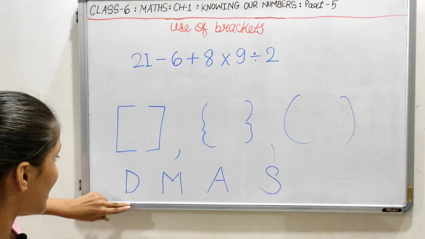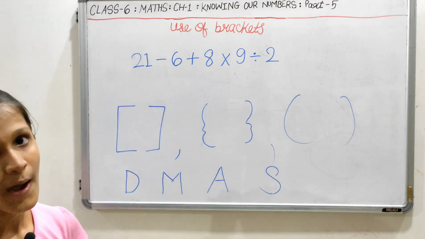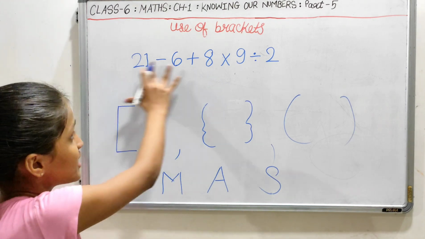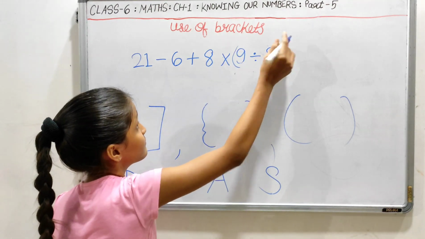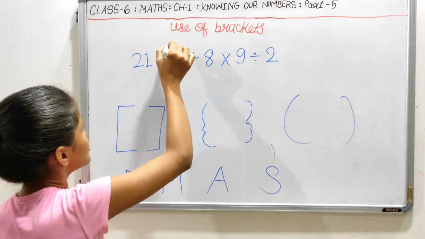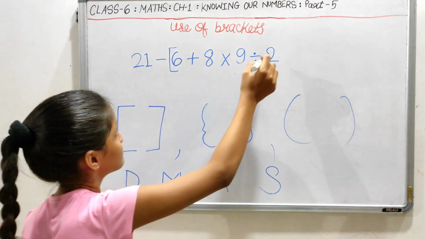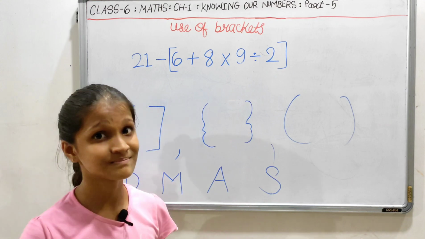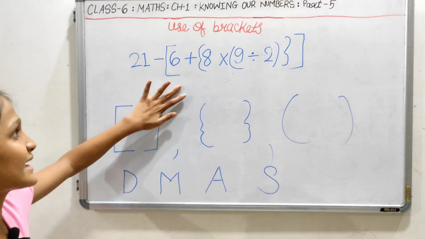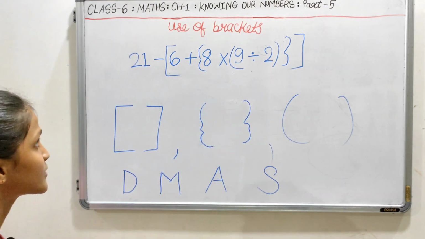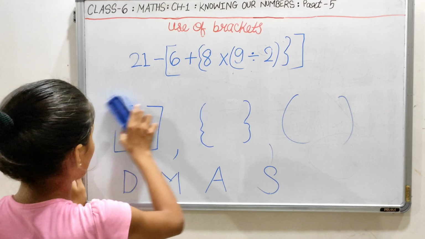Now why have I written DMAS here? Because we use DMAS in this problem. So first we will put a bracket here. So this is such a long one. We put all the brackets in their places. Now we will solve this problem. So we get here